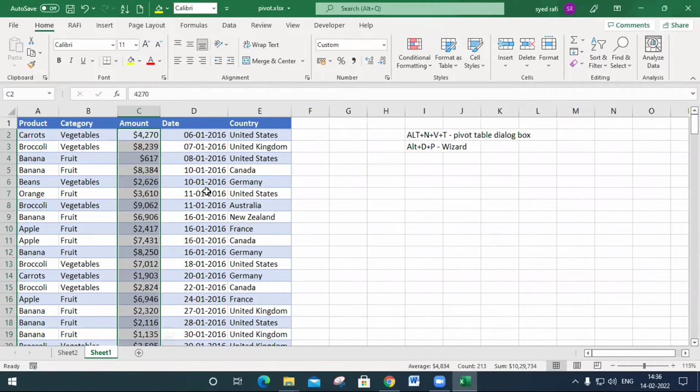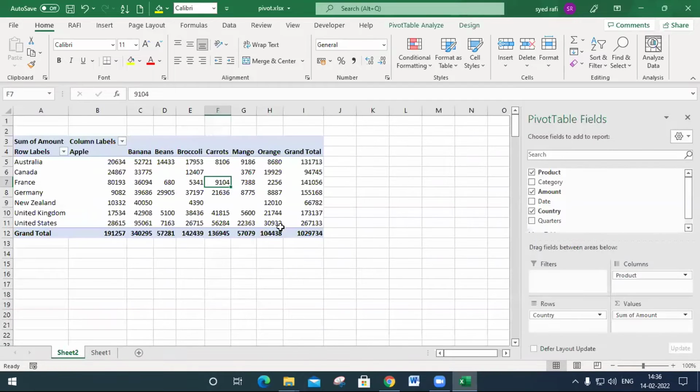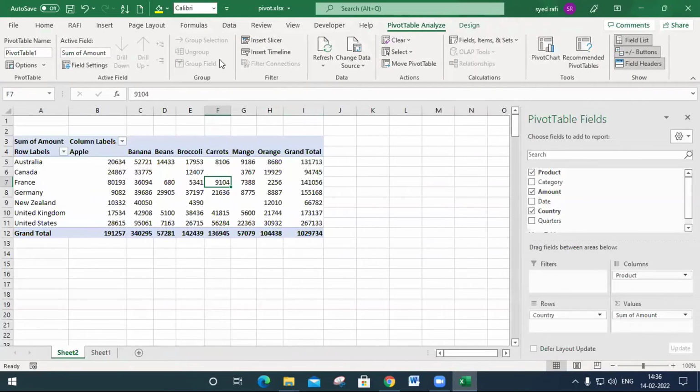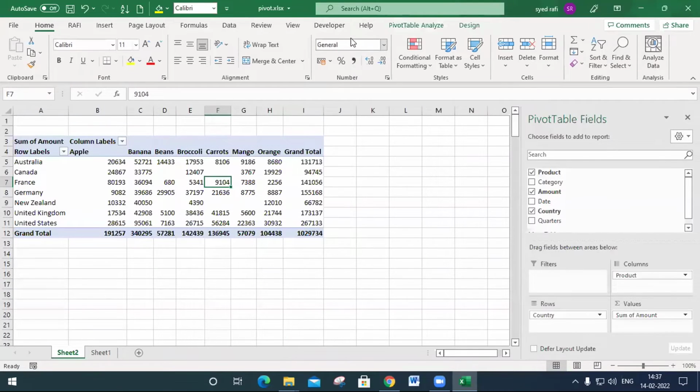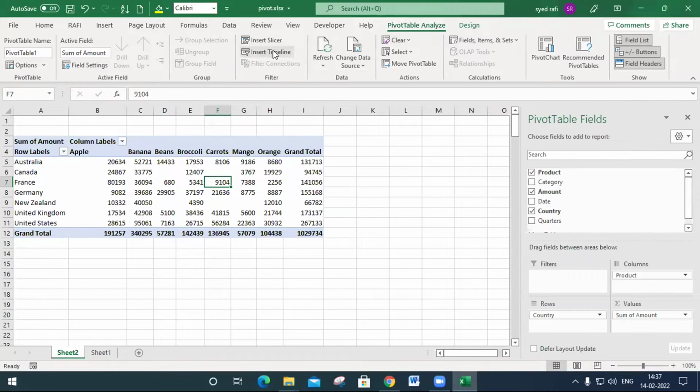This table contains a date field. Then only here timeline, insert timeline will be activated. If this table does not contain any date column, it never highlights. It never highlights.